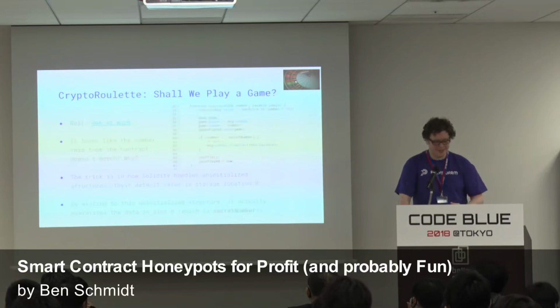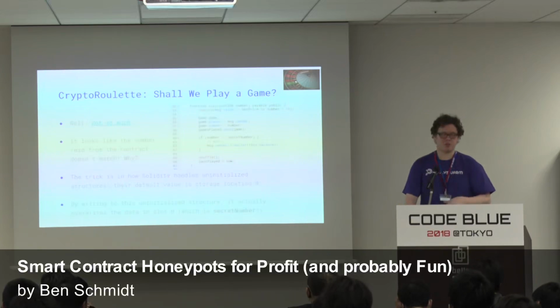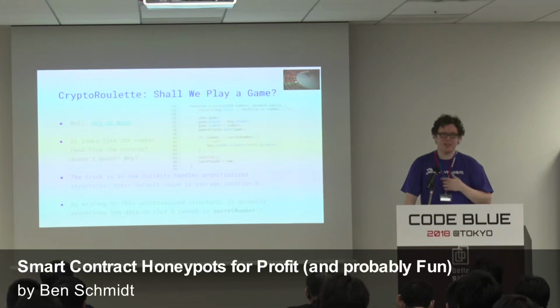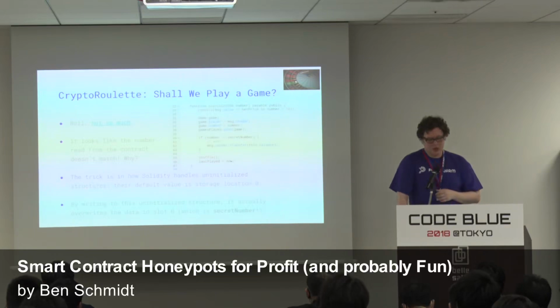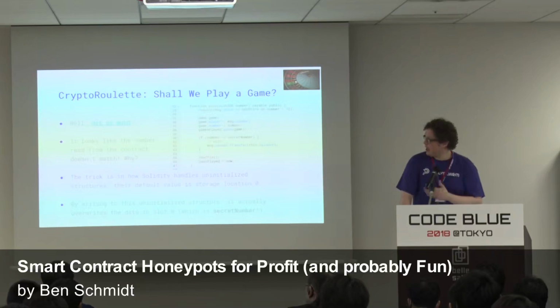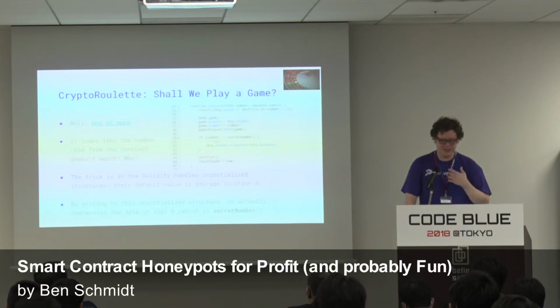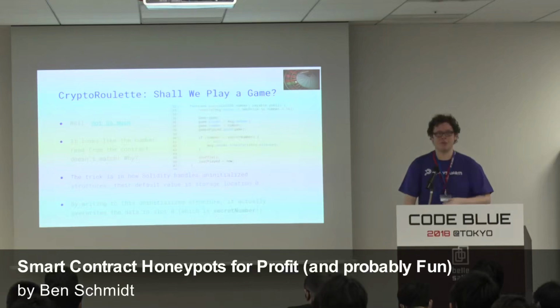Well, not quite. The play function requires that you send a small amount of Ethereum in, the minimum bet, and if you're successful, it sends you the entire balance of the contract. It may not be obvious from the source here, and that's intentional, but the number is actually not what you're reading off of the contract. So in this case, the attacker had actually declared an uninitialized pointer to a